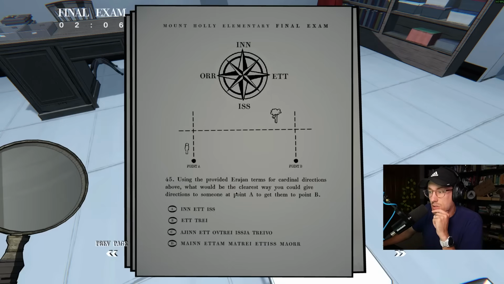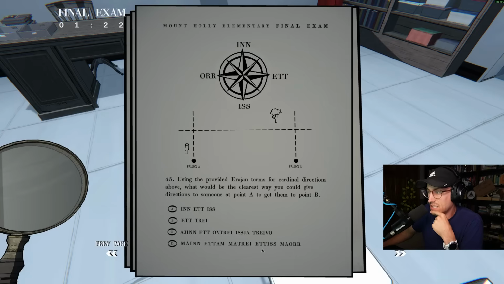2 minutes. Using the provided Irajan terms for cardinal directions above, which would be the clearest way you could give directions to someone to get them from point A to point B? In et is would be pretty good. Aj in would be first up, then east, toward tree, south last, away from tree is pretty good. I would say that's probably it. Also, small up, east, large, small tree,